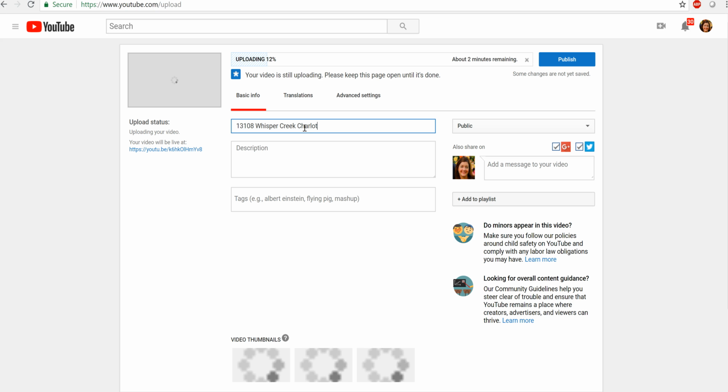Charlotte, NC. I know the zip is 28277. If anybody Googles this house, what you want to do is put your web page in here, because this will show up as a live link. So it's got to be the HTTP colon